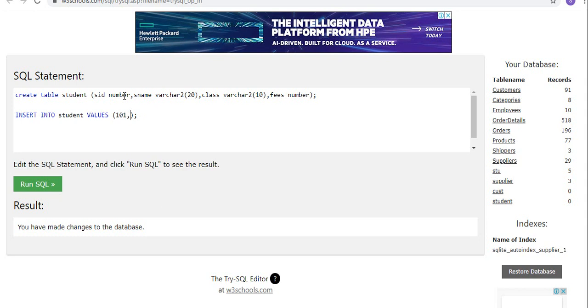That student name must be in single quotes. Okay, next, class. Class is also a character type, that's why we go with single quotes. We go with the fees 35,000. Okay? Yes sir.